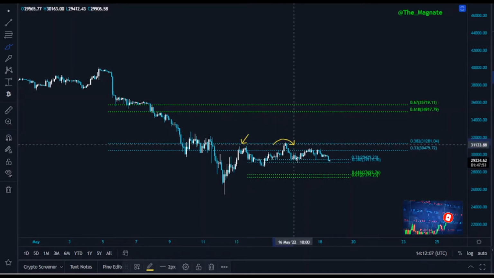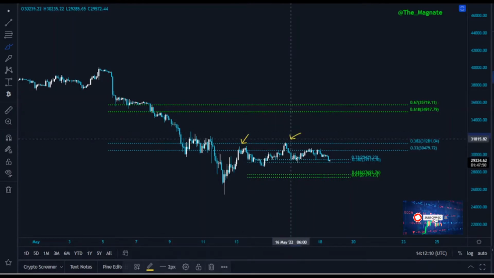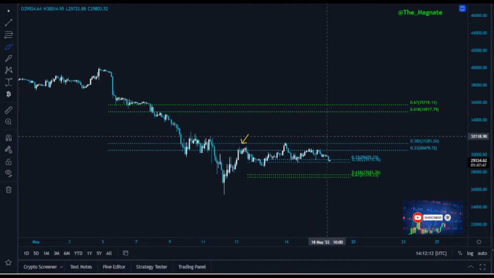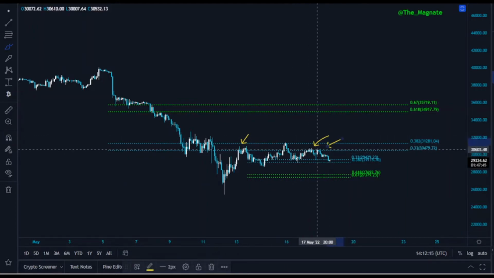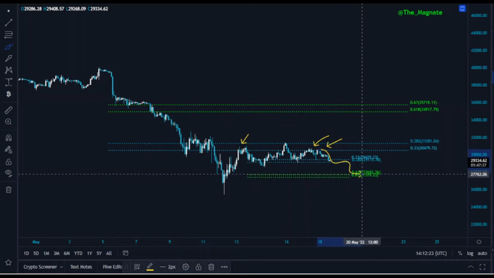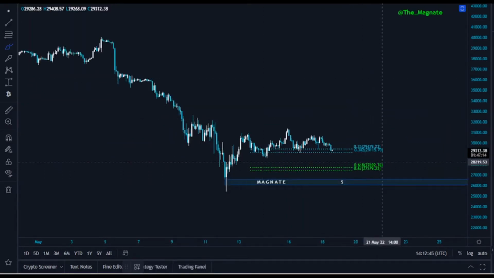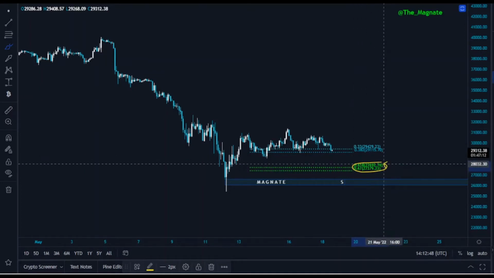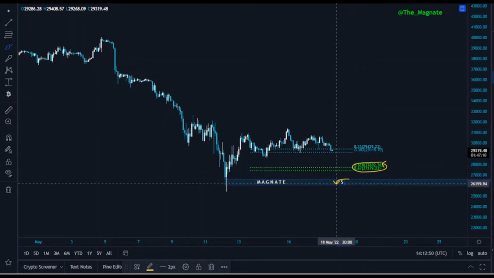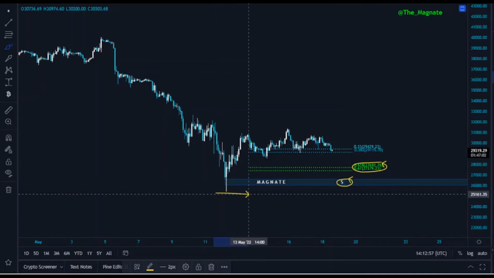You might call it a deviation, however, I don't call it that. That was a perfect testing of 382, the fib level, and then third test, fourth test, and highly likely we're going to lose 382 in the coming 12 hours, and we will be ending up all the way up to 618, the golden pocket. However, if we're going to lose 618, you have to keep an eye on this must-hold support level. If we're going to lose this level, which I'm not expecting at this stage, highly likely we will take this low, which is $25,500, $25,000.